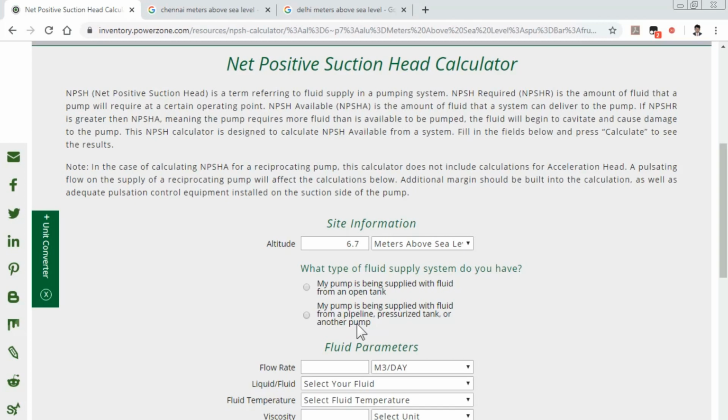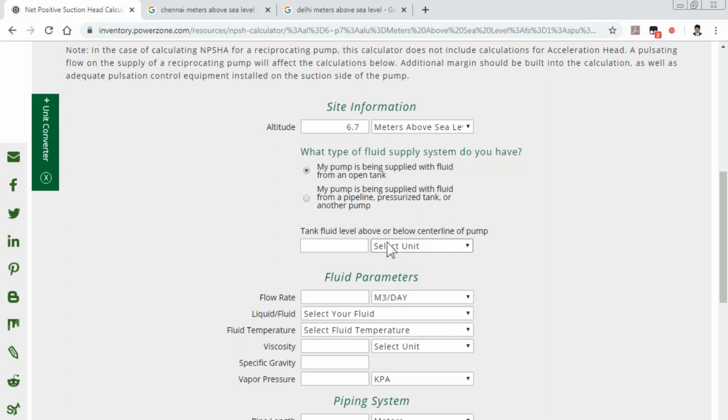So we will use the first one. The tank fluid level above or below center line of pump. This is the static head. So your height of the tank. At the same time, you have to make sure of your pumping station suction pipeline. So here we have 6 meter static head,